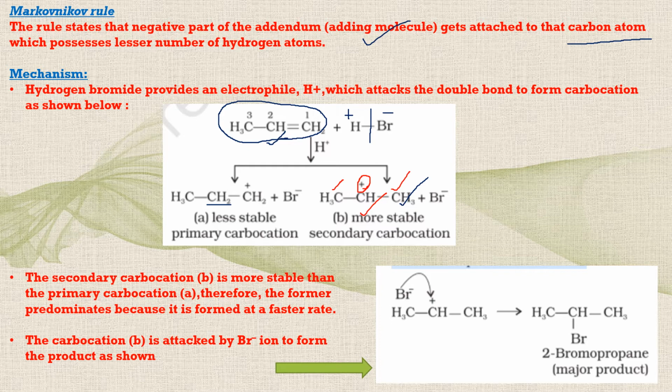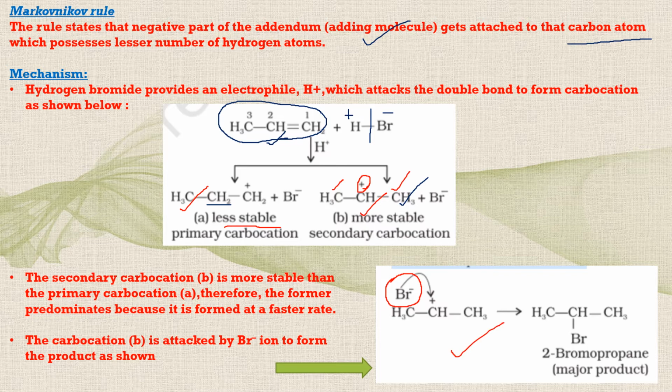So something which is more stable will be formed in more quantity. And along with that, primary carbocation will also be formed, but this is less stable than secondary. So it will be formed in lesser quantity. And once you get the carbocations, the counter ion Br minus is already there to attack. So it will be attacking on the carbocations, and this is going to be the major product.